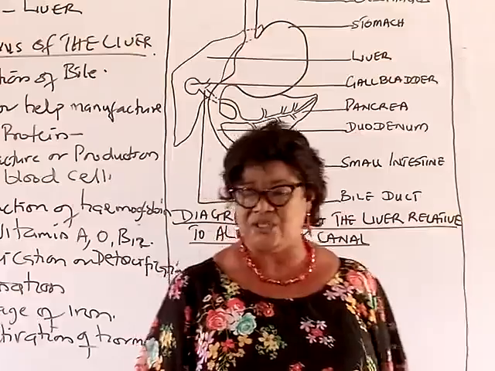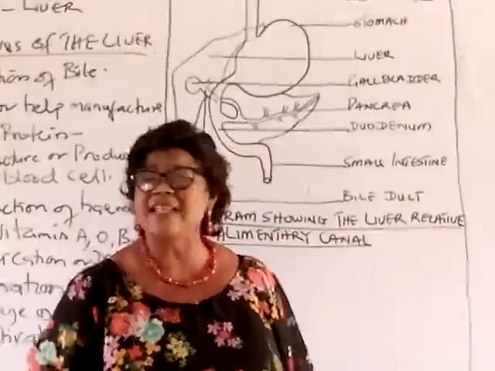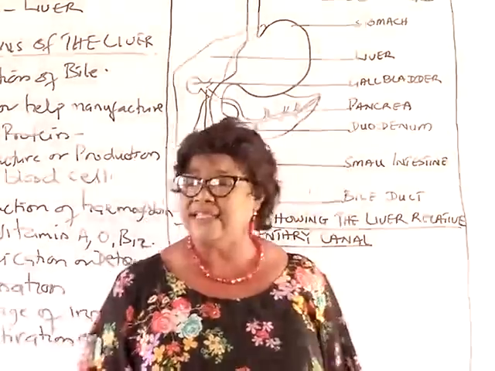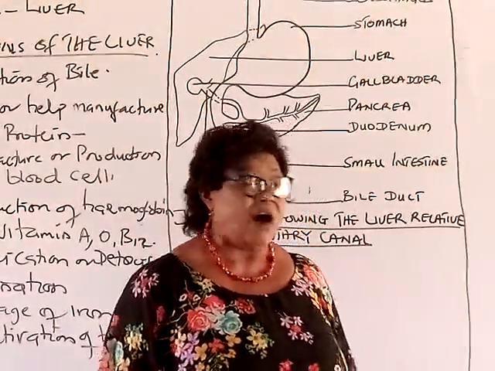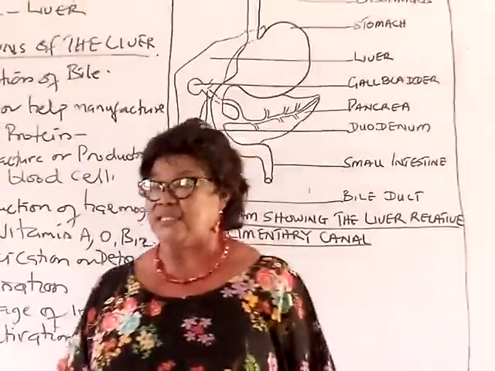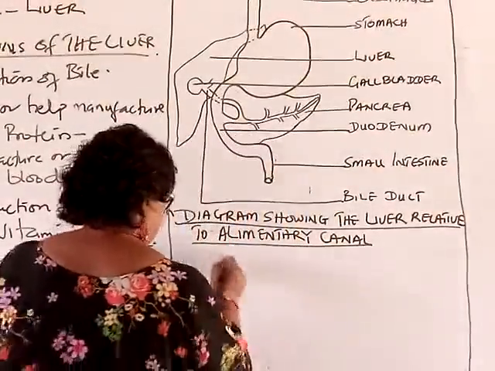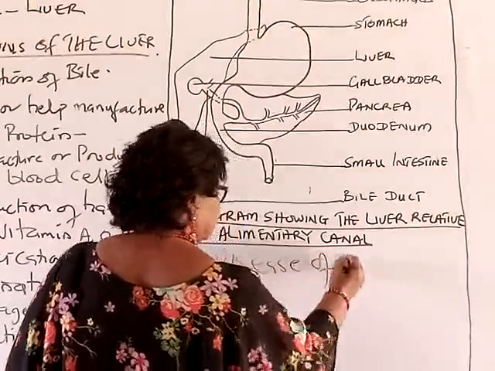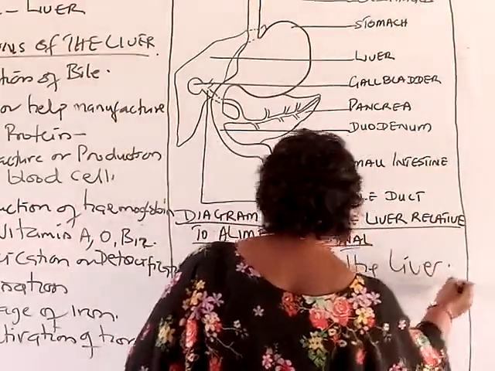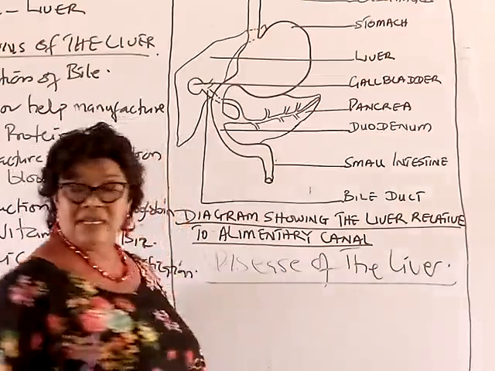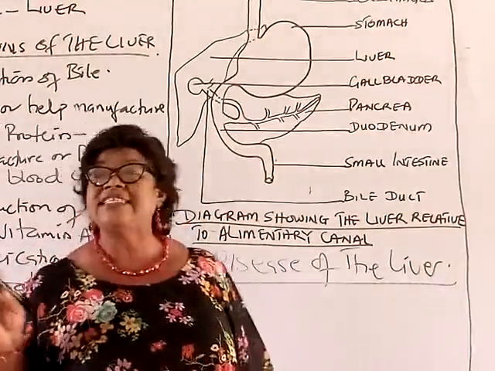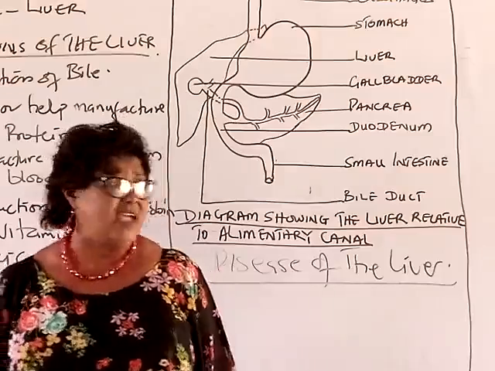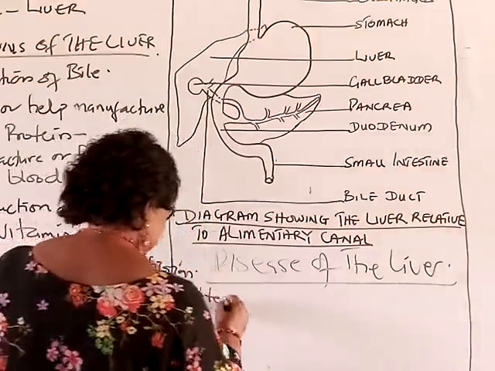Now we have seen the multiple functions playing an important role in the body of an organism. So many things, even in digestion. Now, what is the next thing? There are some things that can hinder or affect these functions. That results in what we call the diseases of the liver. What are these things that are likely to affect the functioning of the liver? There are about 5 or 6 diseases that can affect the functioning of the liver. The first one we'll call hepatitis.